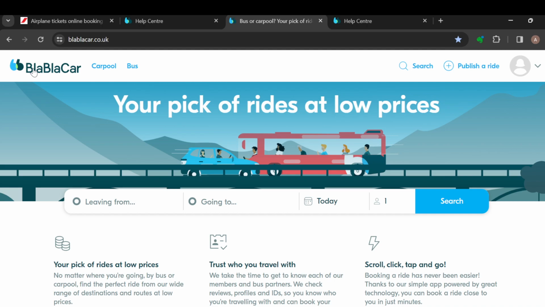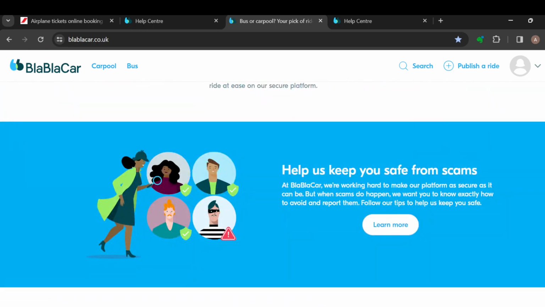Whenever you are booking a ride on BlaBlaCar, you will be asked to check out, and then at the checkout point, on most occasions, you would have to pay. Okay, and then you can decide to use your voucher to make payments. So how can you use this? It's very simple. The first step is to sign in to your BlaBlaCar account, and then once you're signed in,